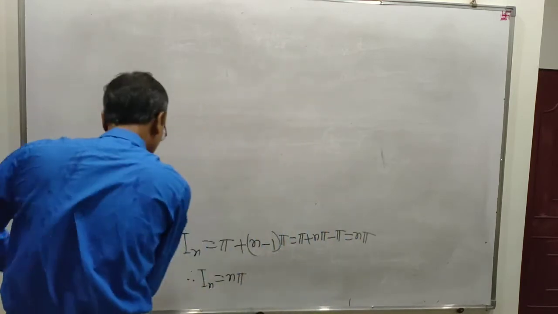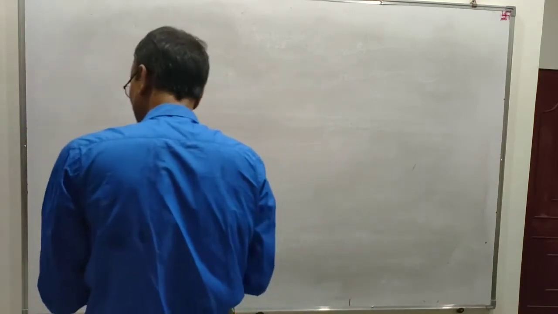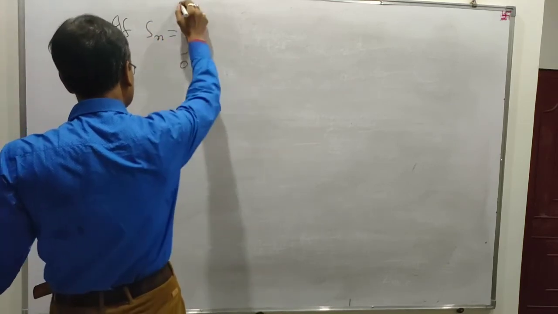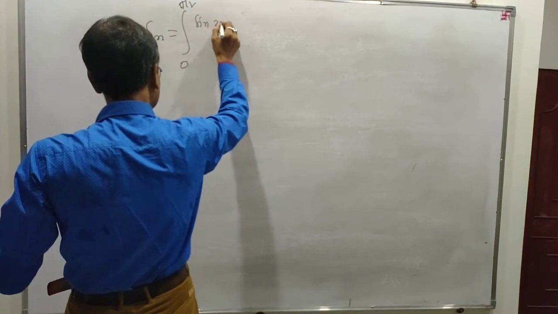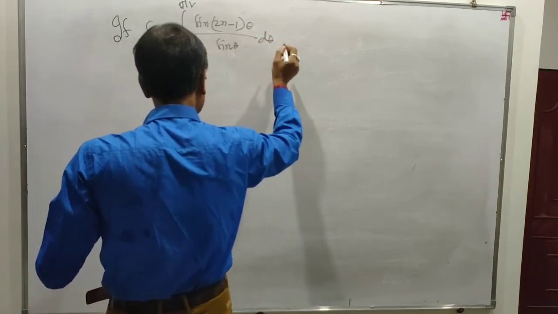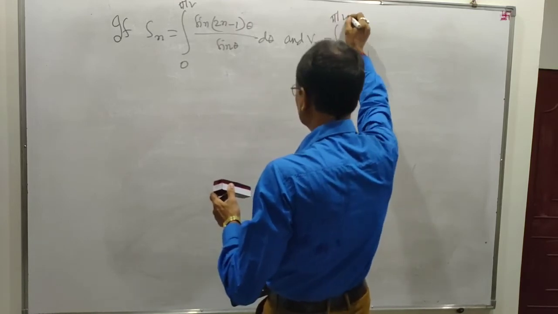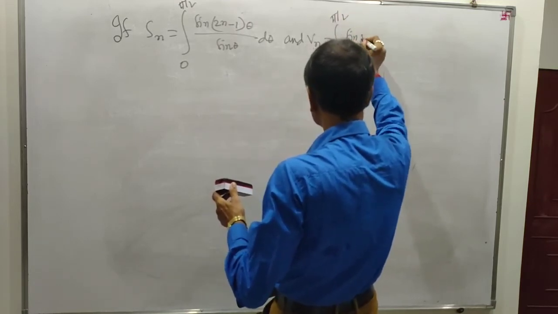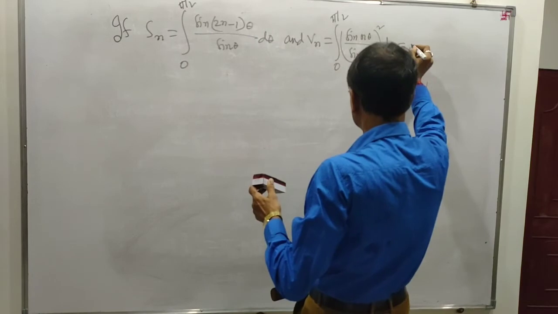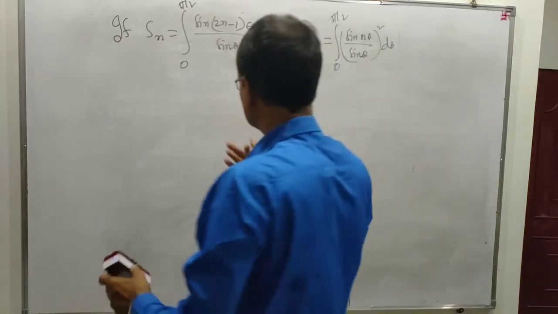Next question I am going to discuss is: if Sn equal to integration 0 to pi by 2 sin twice n minus 1 theta divided by sin theta, and Vn equal to integration 0 to pi by 2 sin n theta divided by sin theta whole square d theta. This time the limit is pi by 2, 0 to pi by 2. Prove that